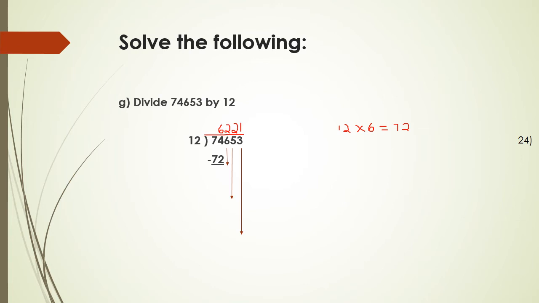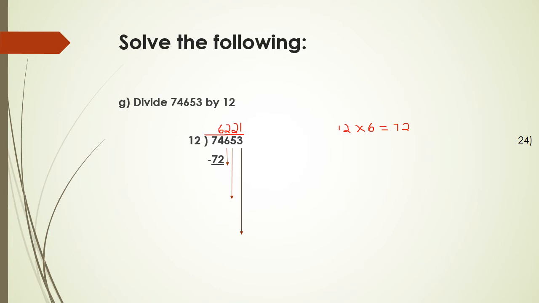You have to check the number of digits in the divisor. So in the divisor you have 2 digits. So in the dividend you can take a 2 digit number, that is 74. First, then the next step, you have to divide 74 by 12. Then after that you have to multiply. Either you can get the same number or you have to get the